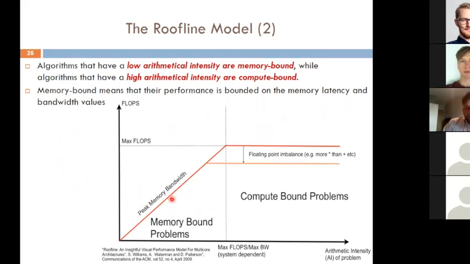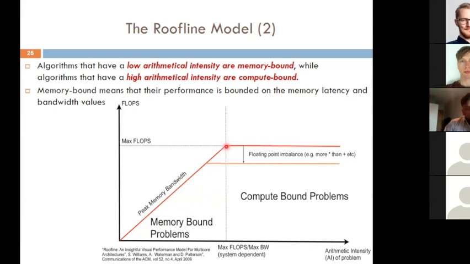So if we look at this graph, the y-axis is floating point operations per second, and the x-axis is representing arithmetic intensity. There's a critical point over here, and this segment moves in a linear way. This part is the memory bound problem because AI is very low, but it is increasing and touching the critical point. So maximum we can get